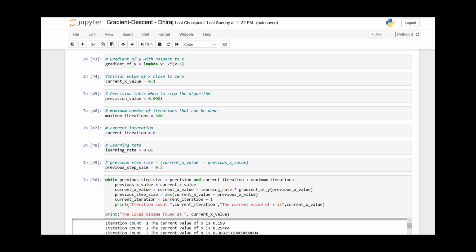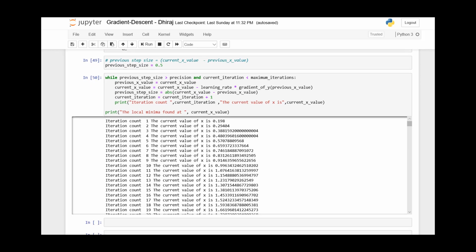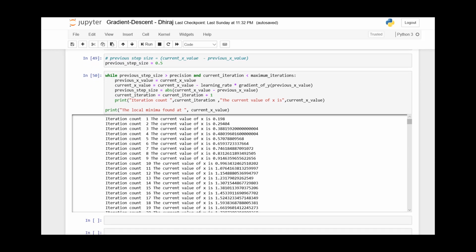Let's define current iteration equal to 0 and learning rate equal to 0.01. Previous step size is initialized to 0.5. This is the difference between the current step and previous step value of x while moving towards minima. Then we will start the while loop.